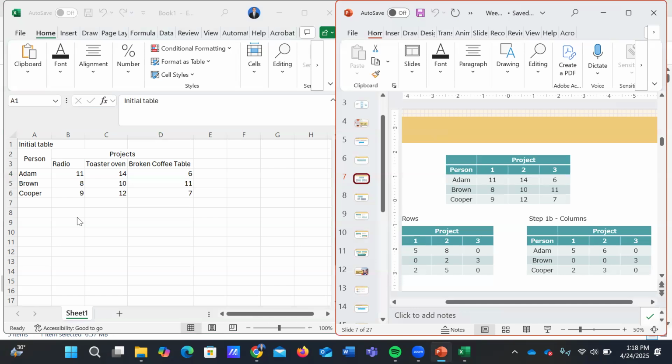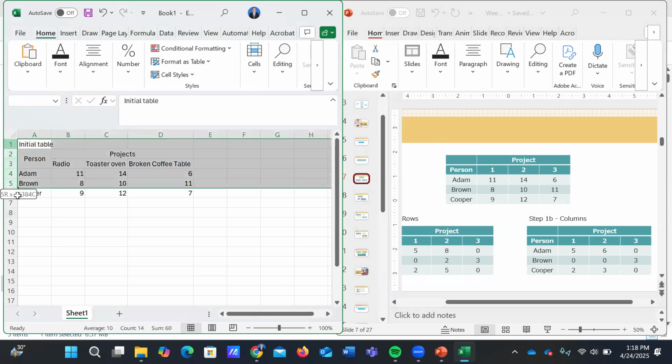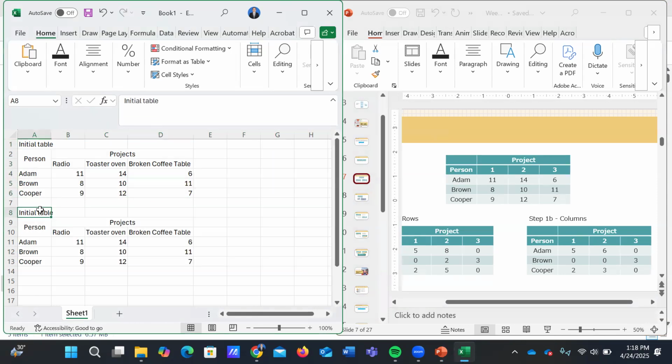Firstly, we will find the minimum value of the row. Just copy this table and put it here. This is step 1A.